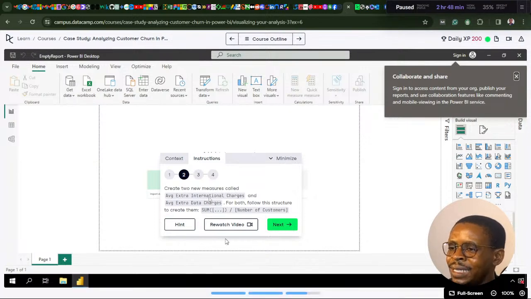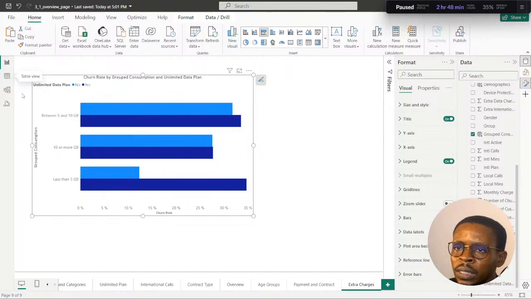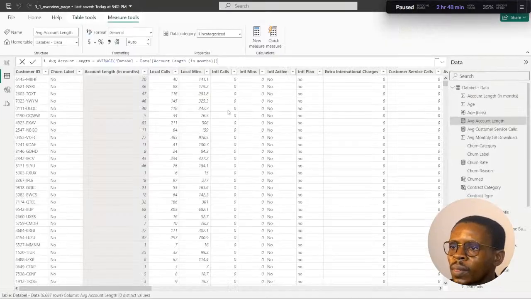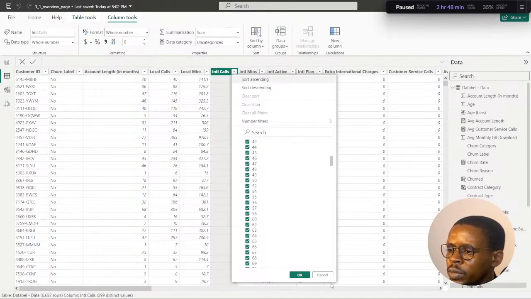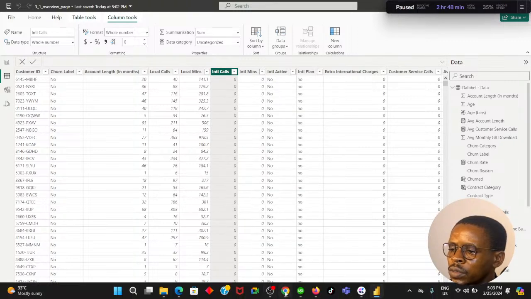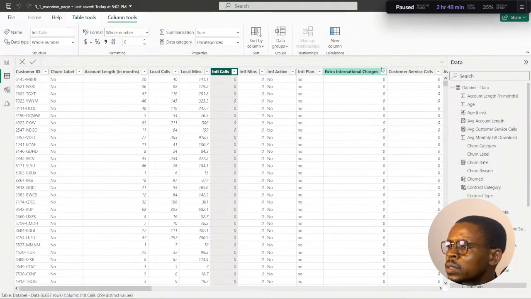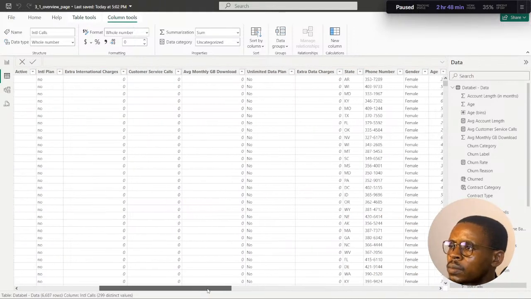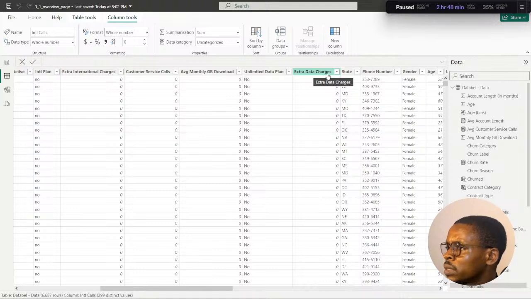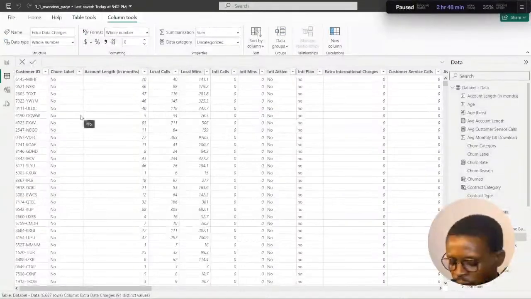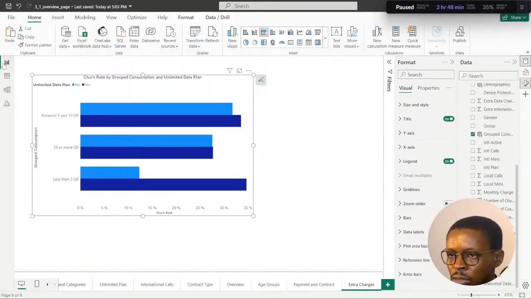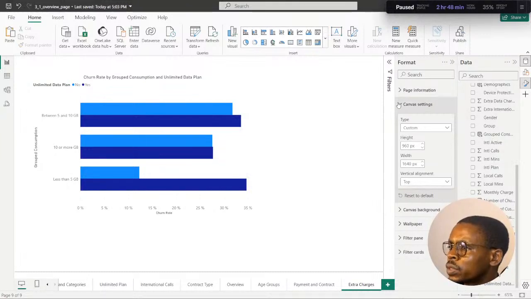So average extra international charges. We have a column called international charges somewhere here. Let's see, this is international calls. The international calls here. See the minutes there, and we have also data charges somewhere there. Okay, extra data charge, you can see it here. Extra data charges, you can see. So I want to know the average of extra charges that the customers are getting. So the first measure is to create